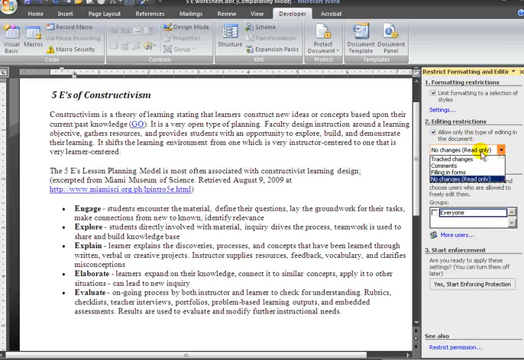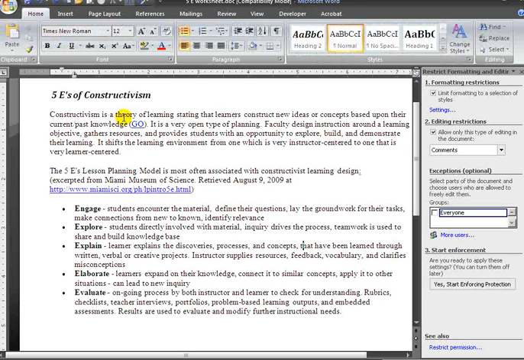And what I want to allow under this roll down are comments. Well, as I read through this, if I convert some of these words into blank spaces, then that would give me the document to work with. All right, I'll look at the document and say there are things I want students to know, so I'm going